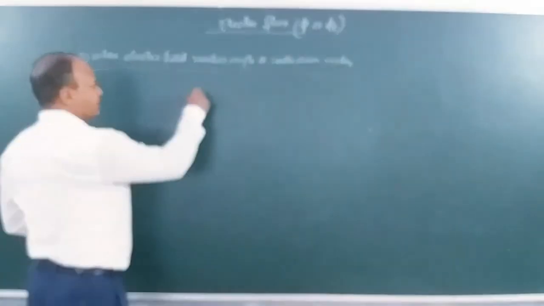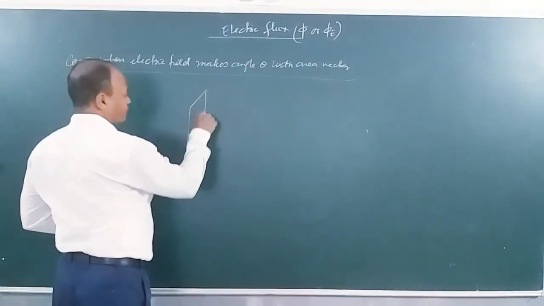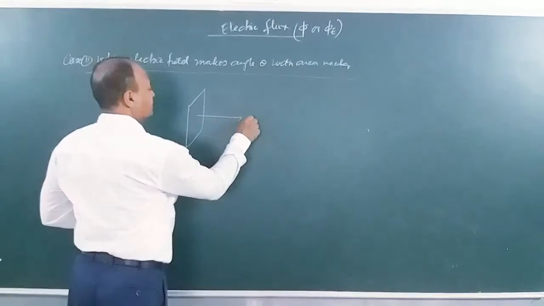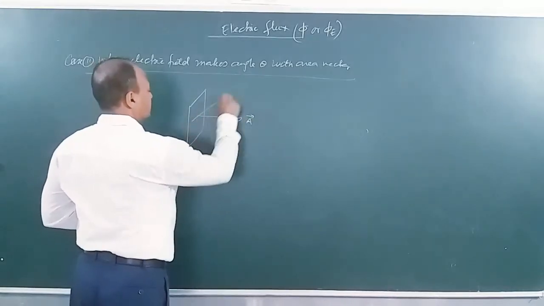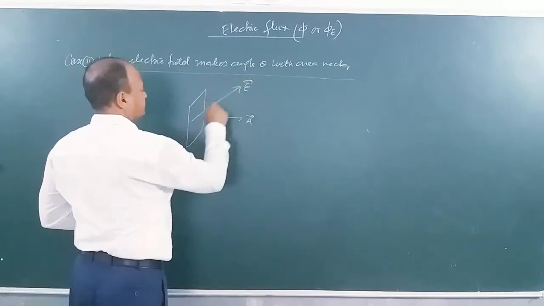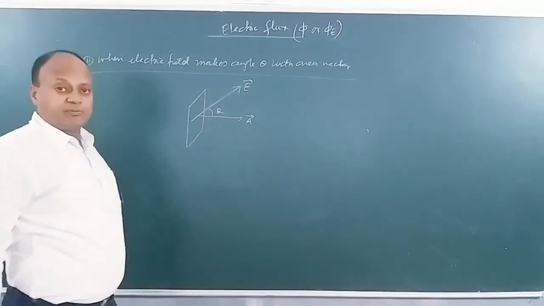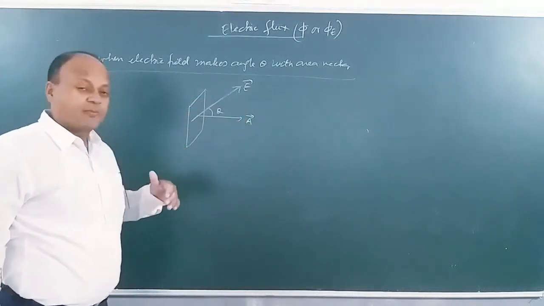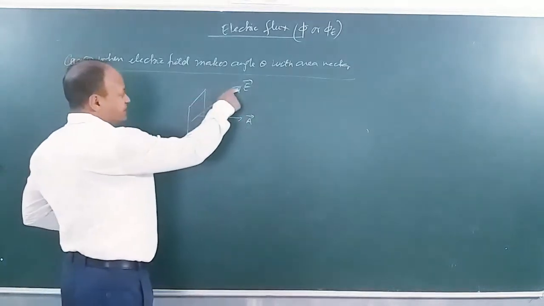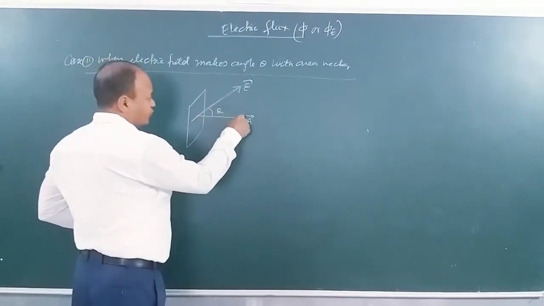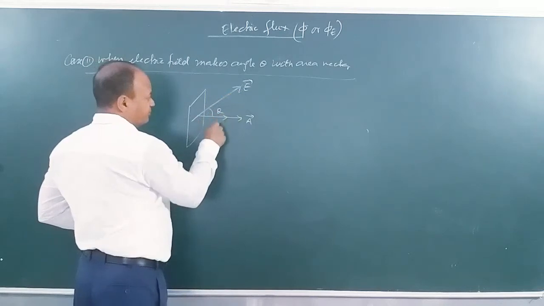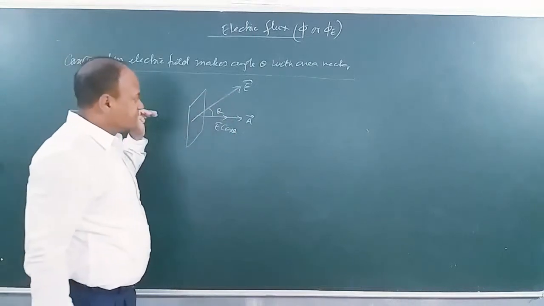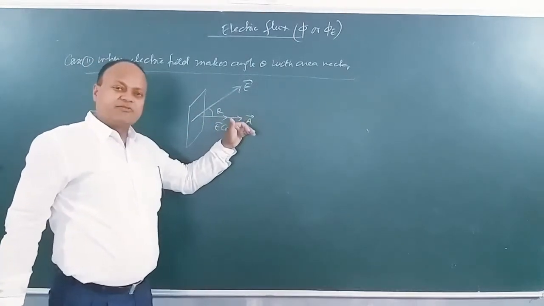Let's say this situation. There is a given surface area. This is area vector A, and this is electric field E. This angle is how much? Theta. But remember, we want the electric field which is perpendicular to the area. So you have done components of a vector in class 11. E is directed at angle theta with A. So the component of E in the direction of A will be how much here? E cos theta. Because we need the component which is along the area vector, right?